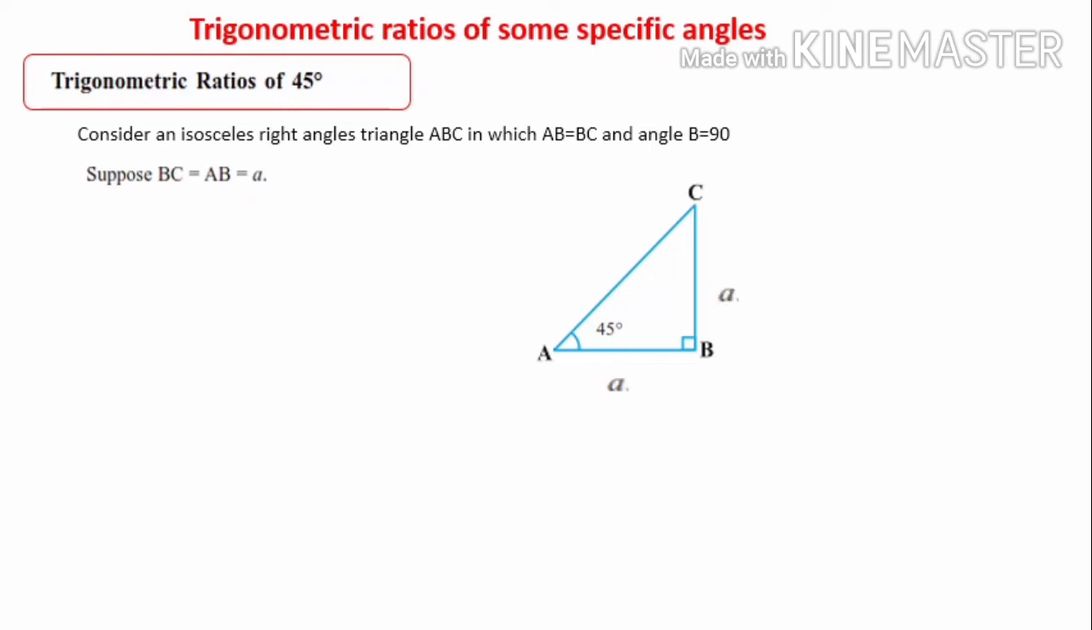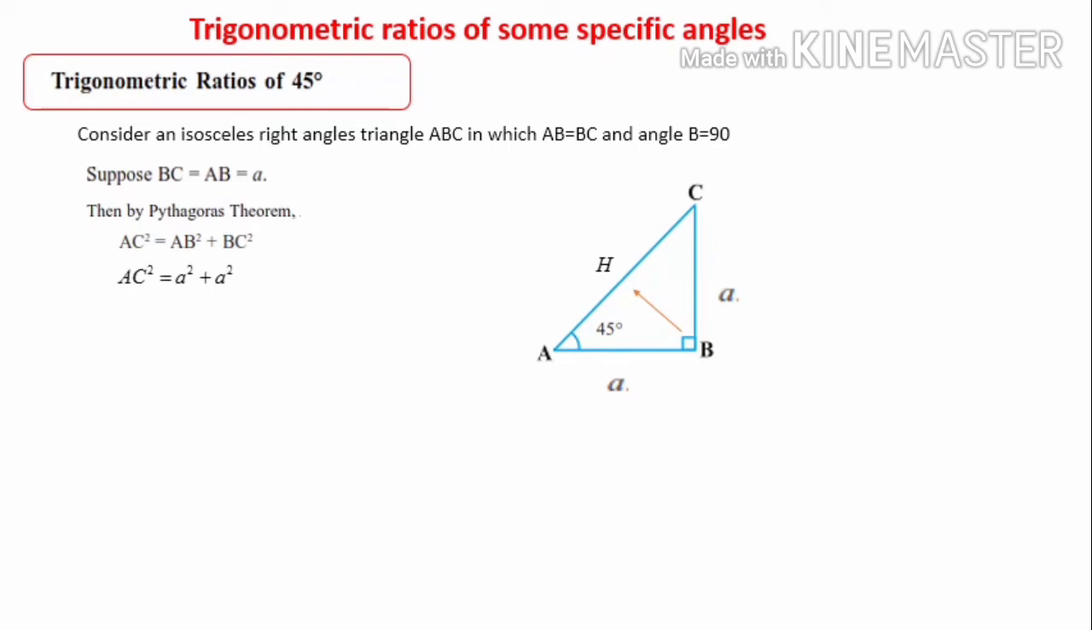BC and AB we have marked as A. Then let us mark the hypotenuse, that is, 90 degree opposite, we have marked as H. By using Pythagoras theorem, AC square is equal to AB square plus BC square. So here AC is the hypotenuse. So square of the hypotenuse is equal to sum of the squares of other two sides, that is AB square